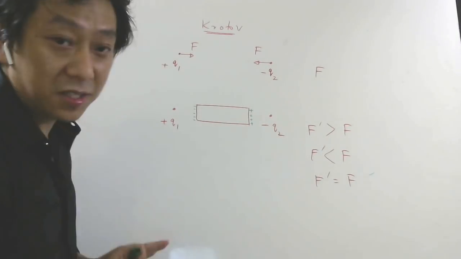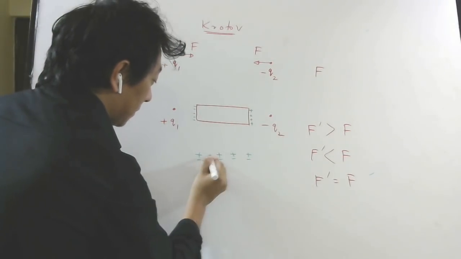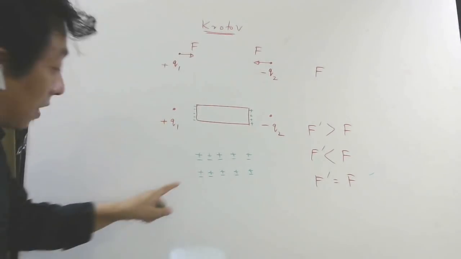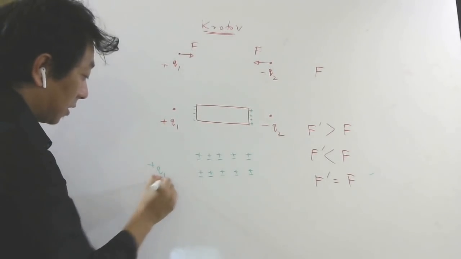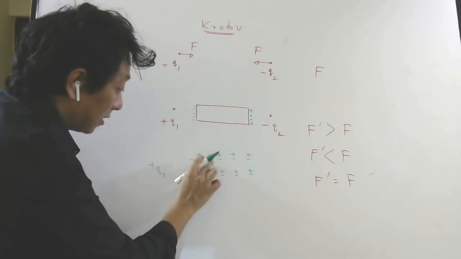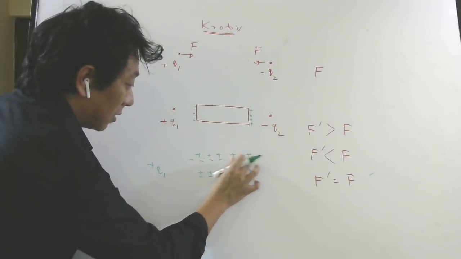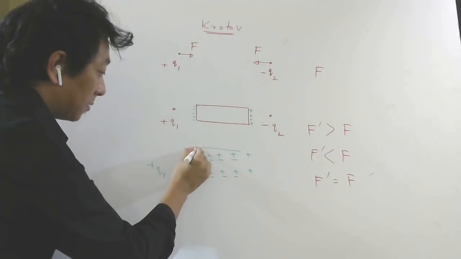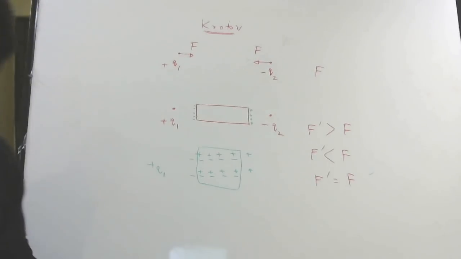If you want to understand this in detail, analyze each atom like this. Think of each atom like this. This minus is actually on top of plus because it is neutral. Then when this plus q1 comes here, all this minus will be slightly attracted. So this minus will come here a little bit, this minus will come here, and so on. The same thing will happen here also. This part is still neutral overall, but you can see this side is negative and this side is positive. This is called polarization.